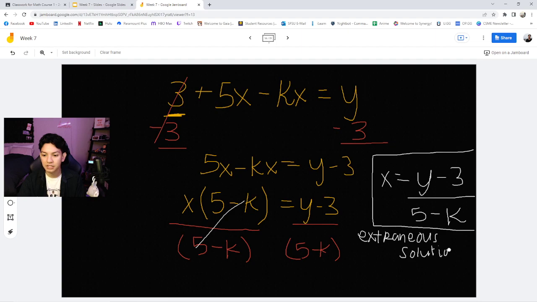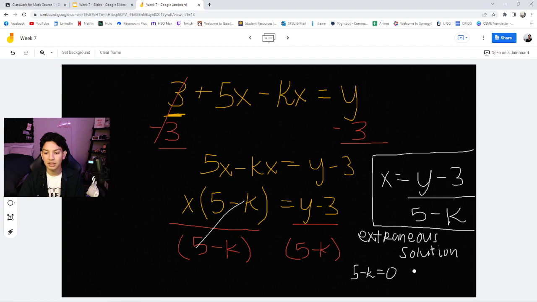Whenever we have a fraction, or if we're dividing, we can't divide by the number 0 because we're going to have an undefined answer. So you have to think to yourself, if I have a 0 in the denominator, then that's bad for us. So we just want to solve for what k can equal,